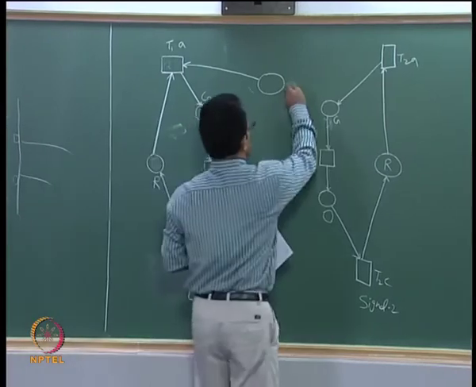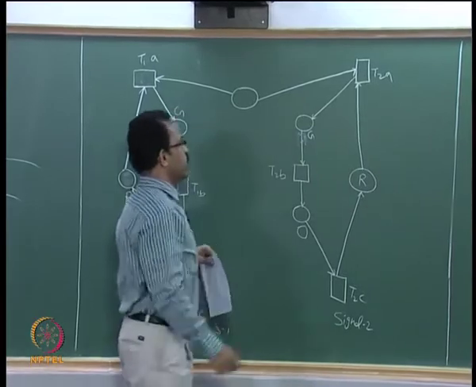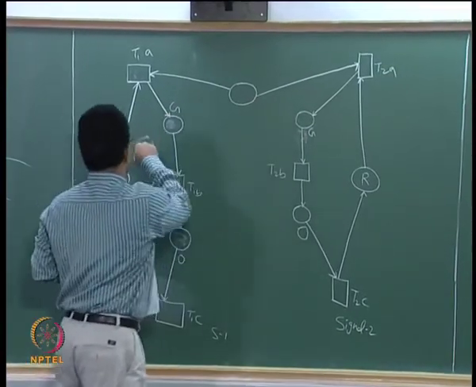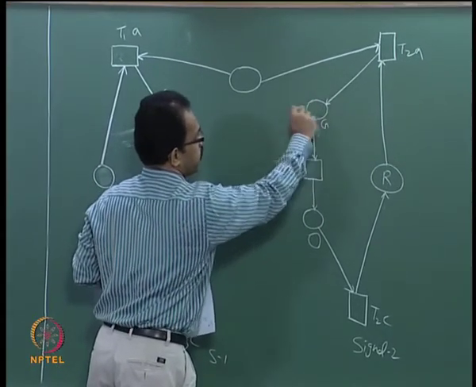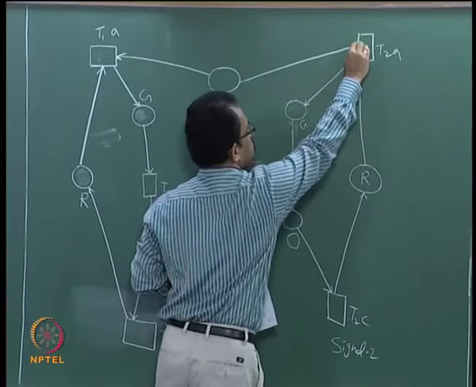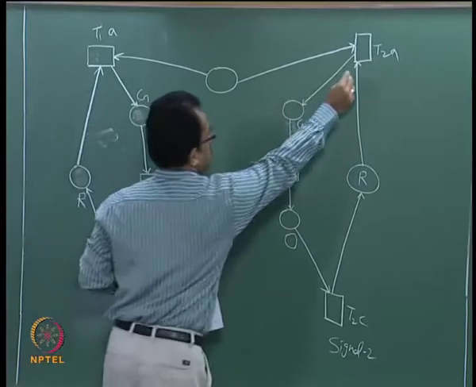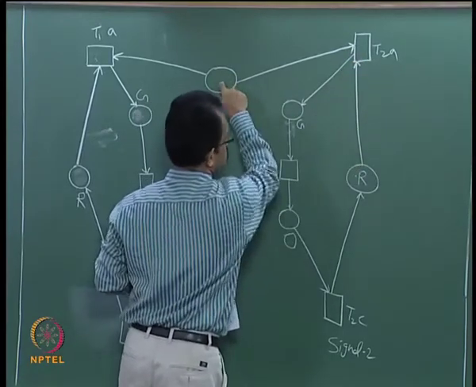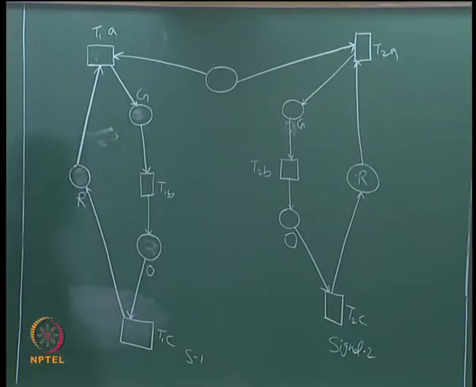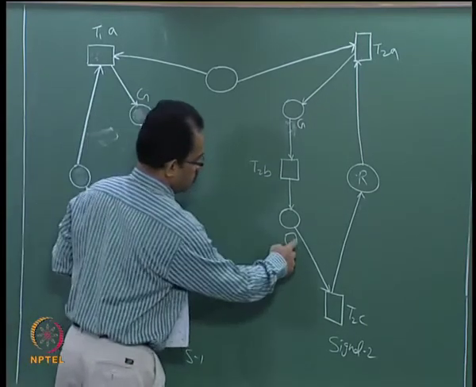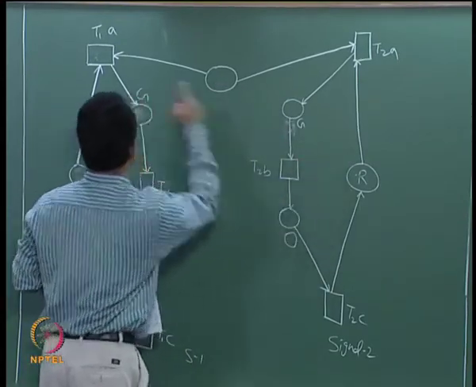The same way for this also, for T2A which actually transfers from red to green, that also should have 2, because when this is green this should not change to green. So from red to green it should not happen. So therefore we need to ensure that this transition has to check what is the status of this particular signal. So we have another connection over here. So this transition has got two places connected and both should have the tokens in order to make a transition from red to green. And then we need to ensure that once this has become red, then this has got a value, because when this is red then only this can change to green.